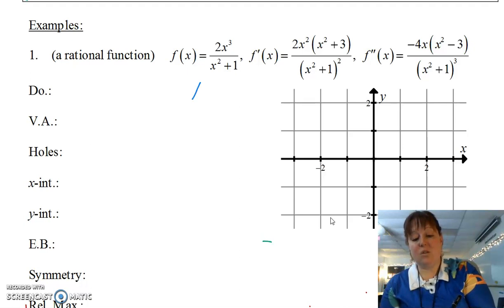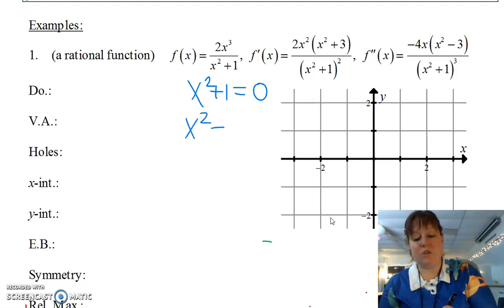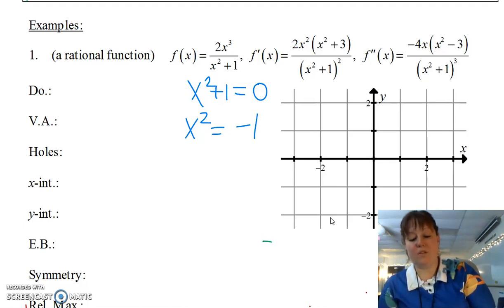There's not a single number out there that you could put in here for it to equal 0. And if you tried to solve it, you would see that x squared equals negative 1. And there's not a single number in the real numbers that when you square it equals negative 1. So the domain of this function